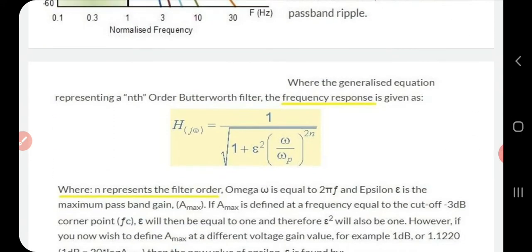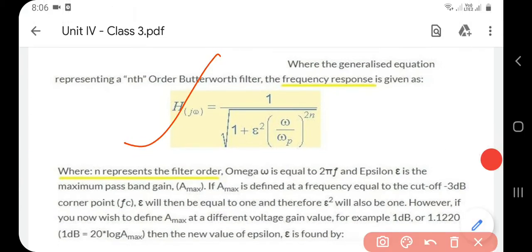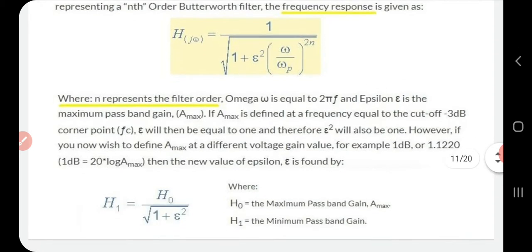Now this is the frequency response of a Butterworth filter. This is the equation, and n here represents the order of the filter. Omega is 2 pi f, epsilon is related to the maximum passband gain. A max is the maximum passband gain. It is defined at frequency equal to cutoff, that is -3 decibel at f c, that is the cutoff frequency, and epsilon will be equal to 1, so epsilon square will be 1 itself, and